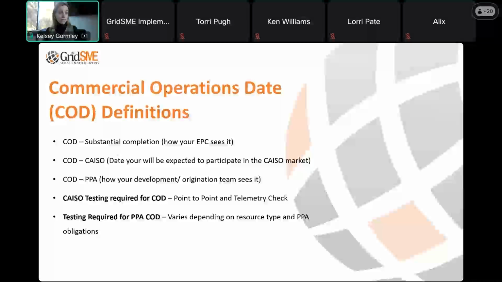What the utility requires, any testing that they are going to need from you as the participating transmission owner, is outlined separately in their interconnection handbook, or, if you're PG&E, their G5 schedule. And those tests are completely separate from what CAISO cares about. So just keep that in mind.